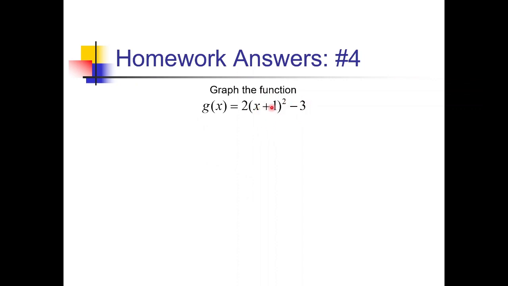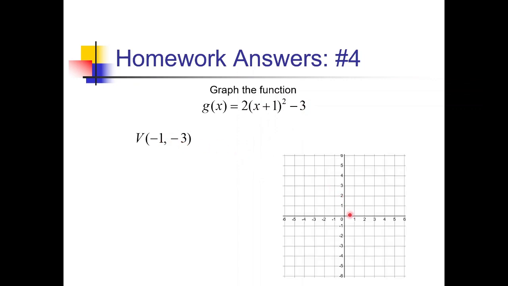That's going to be based off the x plus 1, we have negative 1 for x. The minus 3 outside gives us minus 3 for y. So negative 1 comma negative 3. Graphing all that out, I'm going left 1 and down 3. There's my vertex. To get some other points, I'm just going to plug in an x value that's pretty close